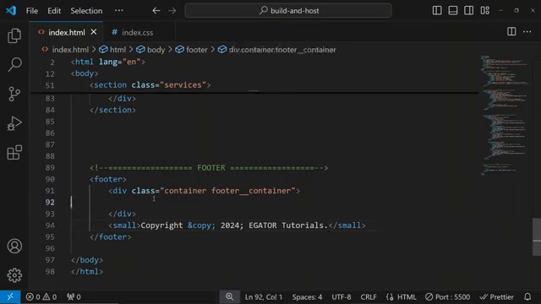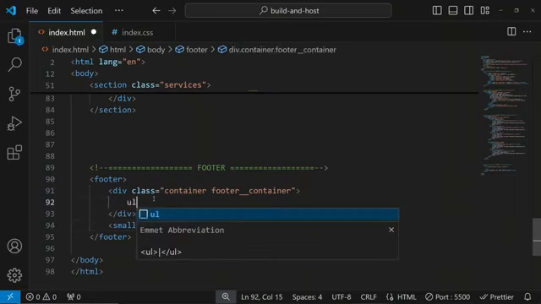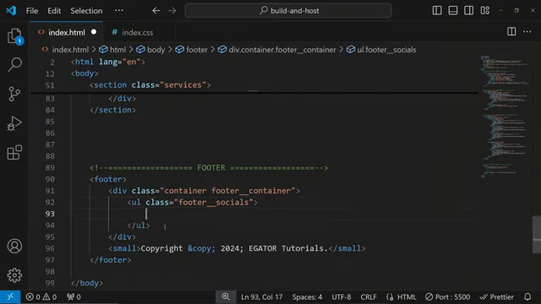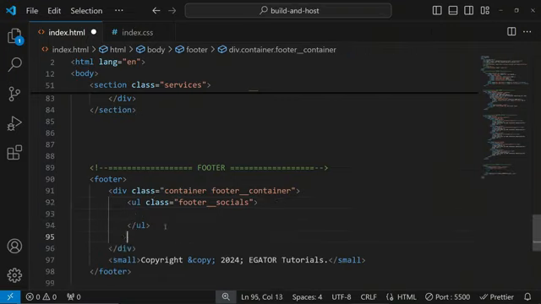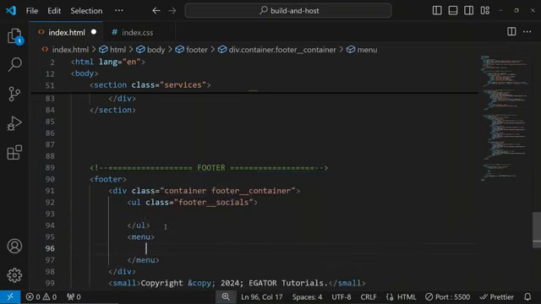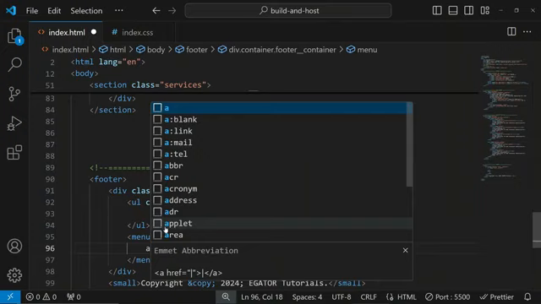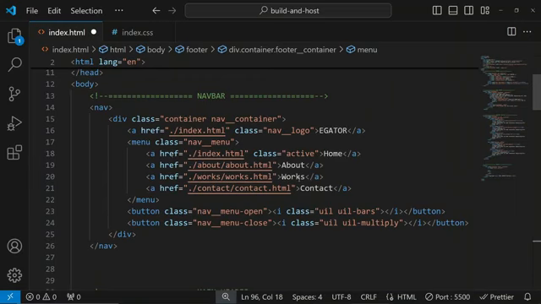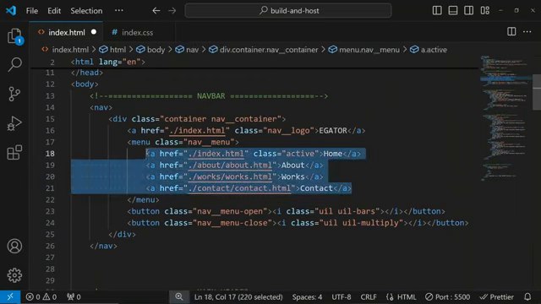All right, now in the container class, we are going to have an added list or unordered list with a class of footer socials, and this is going to have our social media links, and the sibling of this is going to be a menu with anchor tags that are going to lead to the other pages as well, just like we have in the navbar. Okay, so actually I'm just going to go back up here and I'm going to copy these links